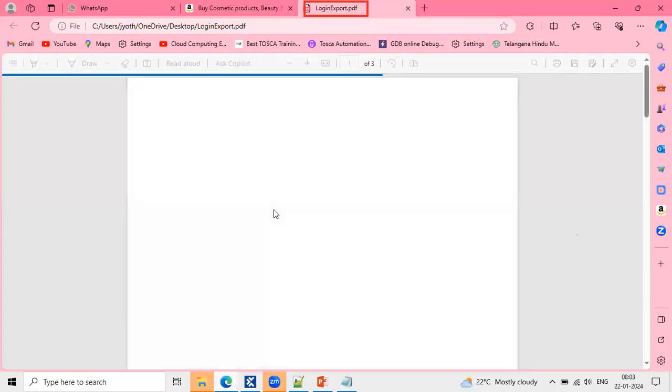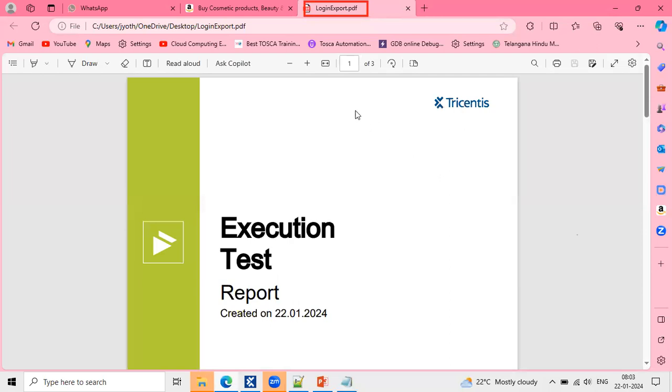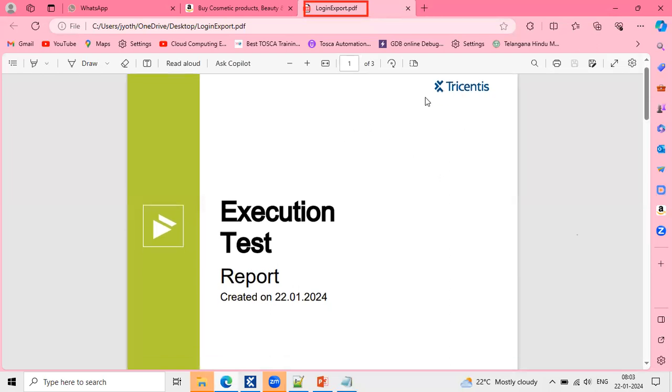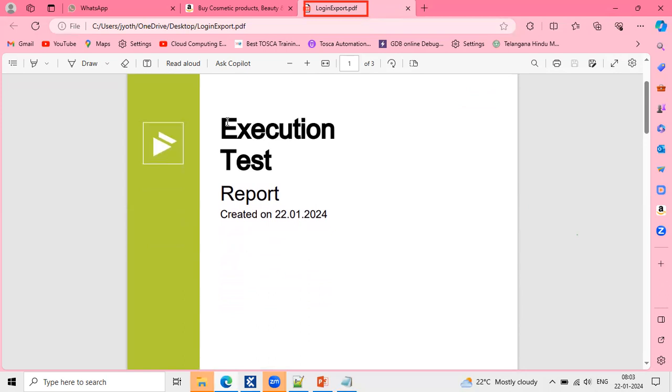Now the data is exported. So here you can see the report of our execution. This is the Tricentis execution test report. Created date is